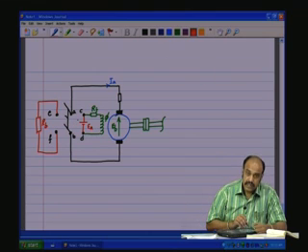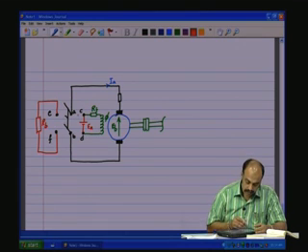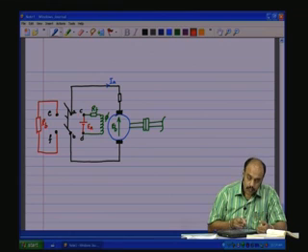So, when it is motoring, the switch here is connected to C and D, which means AC is short, BD is short, it is motoring, IA is flowing. Now, during braking, we open the switch and connect it to E and F, which means A and E is short, B and F is short,